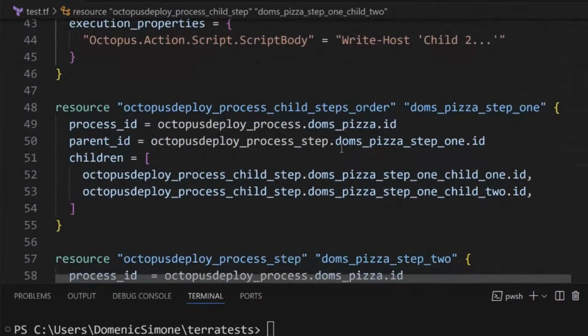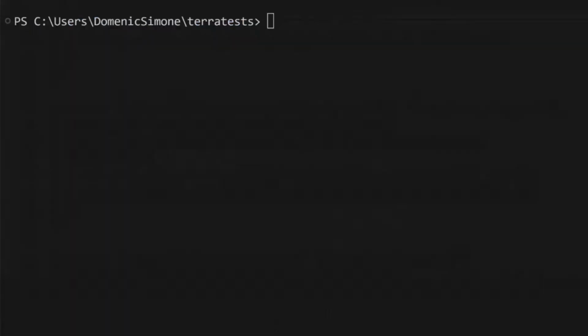And here we have the step order resource for them. So you can see it's a different step order resource. It's a child step order resource. And this is mainly because it needs a reference to the parent step. And also here you define the list of the children in the order you want them to show up in the deployment process. So if I was to open up my console again and run a Terraform apply,